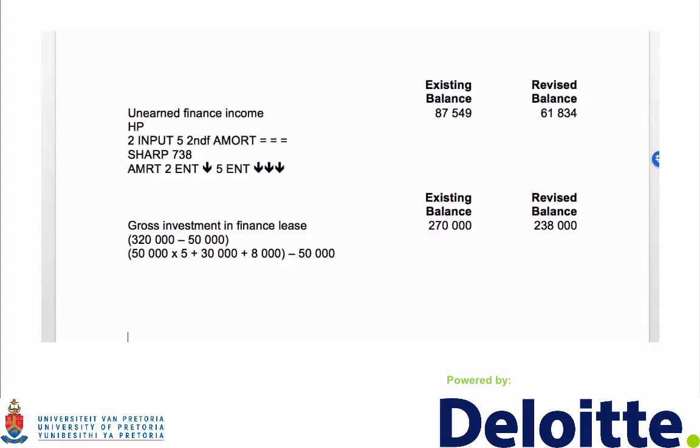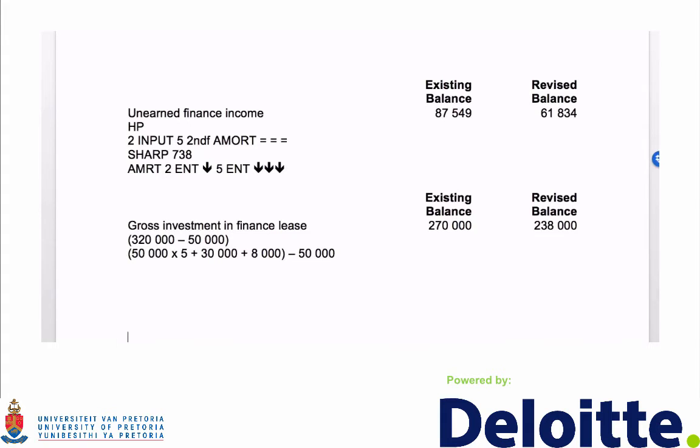You have done part A, the first 4 videos from yesterday. That was asked, you had calculated the balances at the end of 2012. Now, at the beginning of 2013, there's a change in one of the estimates, being the unguaranteed residual value. So you already know from doing the previous calculations what your existing balances would be